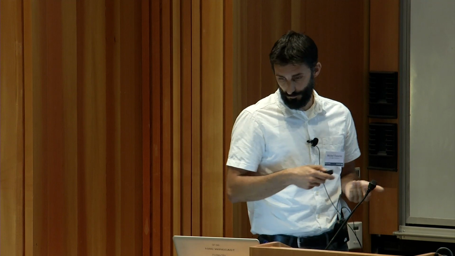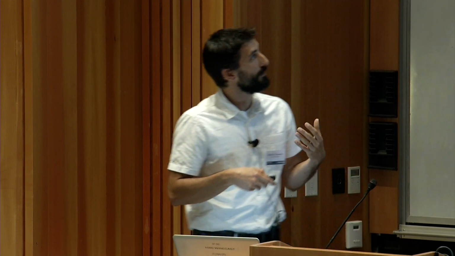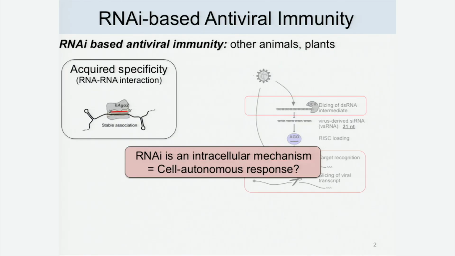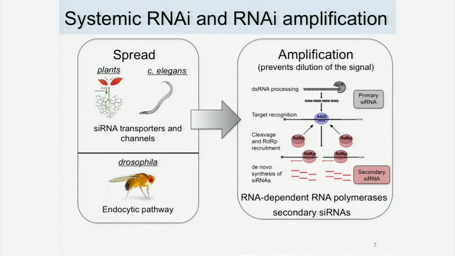But this is essentially an intracellular mechanism. So how do you get spread of this antiviral response? Well, in plants and C. elegans, RNA signals can spread between cells through specific transporters and channels. And then at the local level, each cell is going to be able to amplify that response. To do that, they receive these new sRNAs, and when the Argonaute protein recognizes its target, it recruits RDRP, the RNA-dependent RNA polymerase,